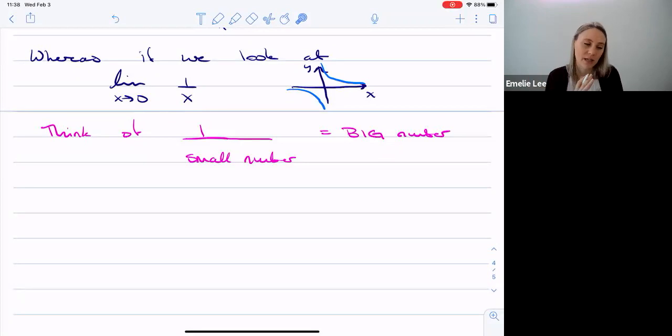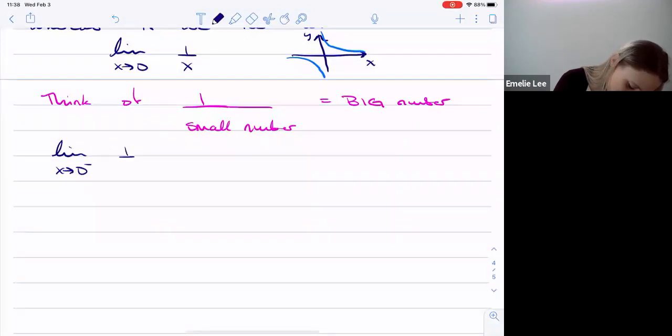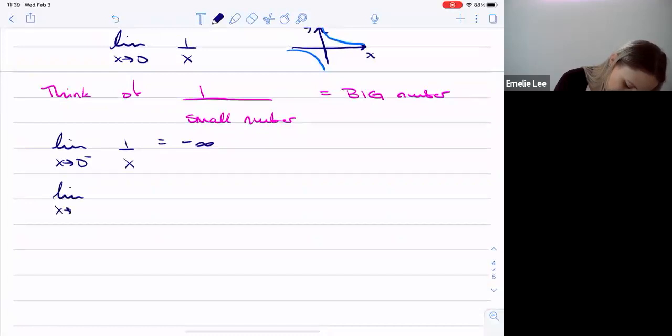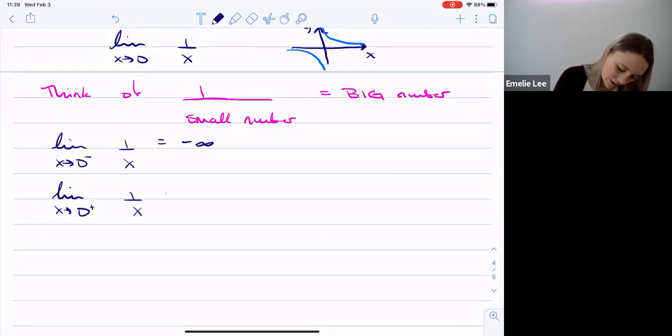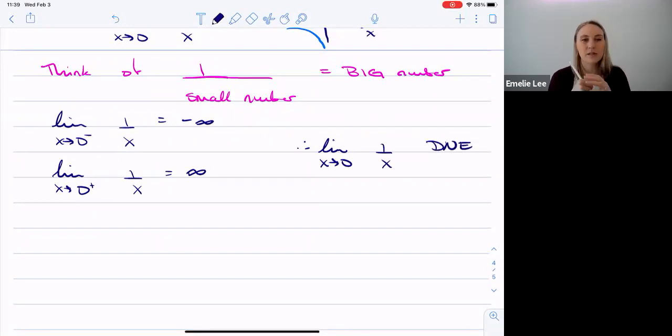Whether it be positive or negative. So, from earlier, we said that the limit as x goes to 0 from the left of 1 over x is negative infinity, and the limit as x goes to 0 from the right of 1 over x, now all of your x's are positive, we can write it as equal to infinity, but then therefore the limit overall as x goes to 0 of 1 over x does not exist,